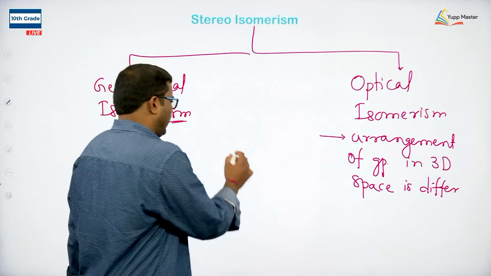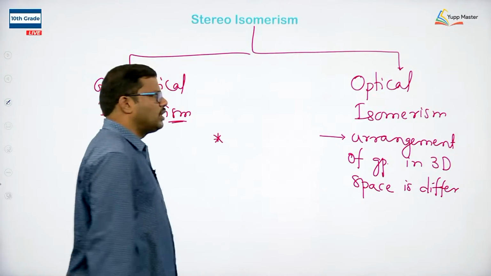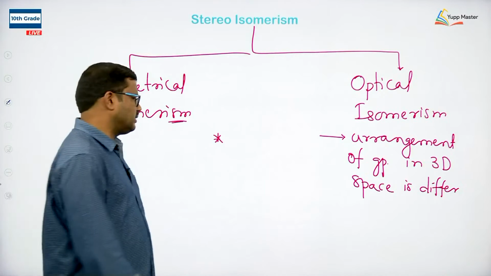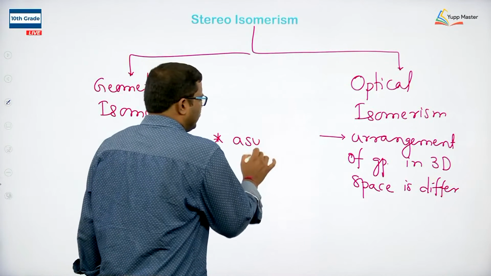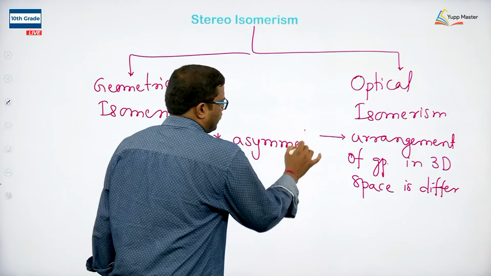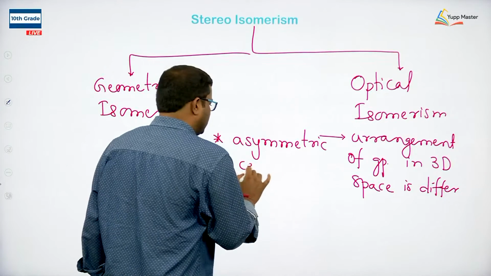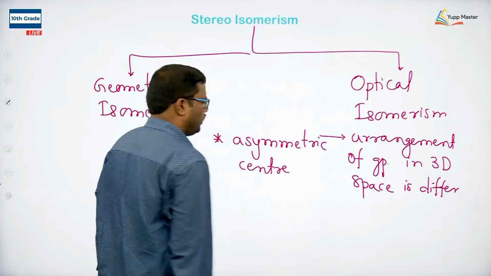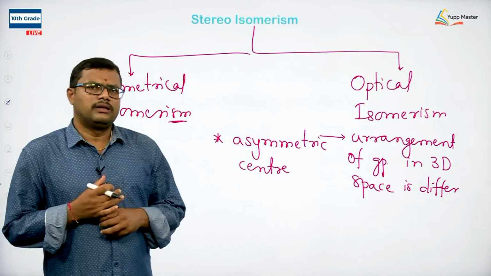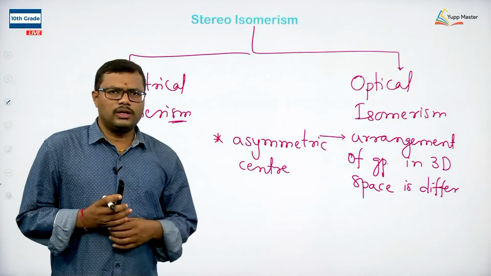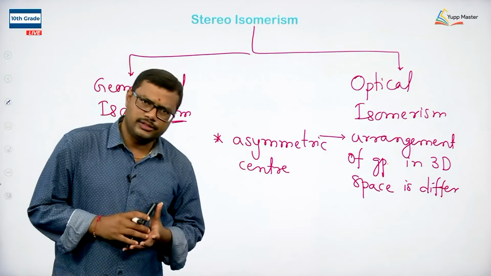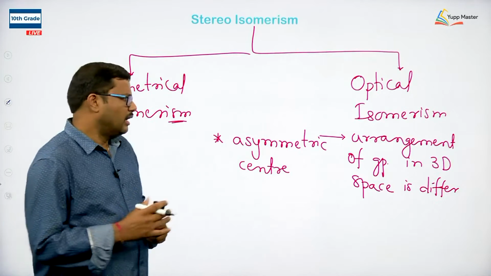So, the main condition for a molecule to exhibit optical isomerism is that it should possess an asymmetric center. The presence of an asymmetric center within the molecule is a must to exhibit optical isomerism. Okay. For example,